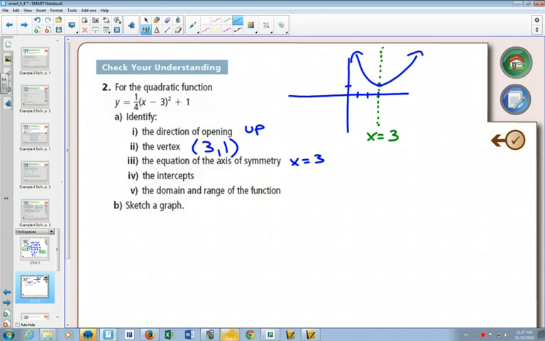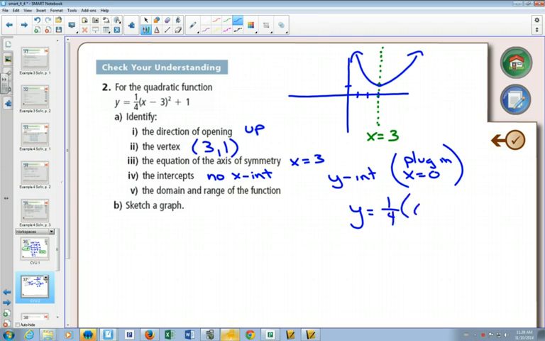The intercepts. No x-intercepts. Does it have a y-intercept? How do you find a y-intercept? Plug in x equals 0. That is so important that you think that immediately. Because you know what some people do with this equation? You get so used to the y-intercept being the last number, they just write 1. Always the y-intercept, you find it by plugging x equals 0. If we do that,